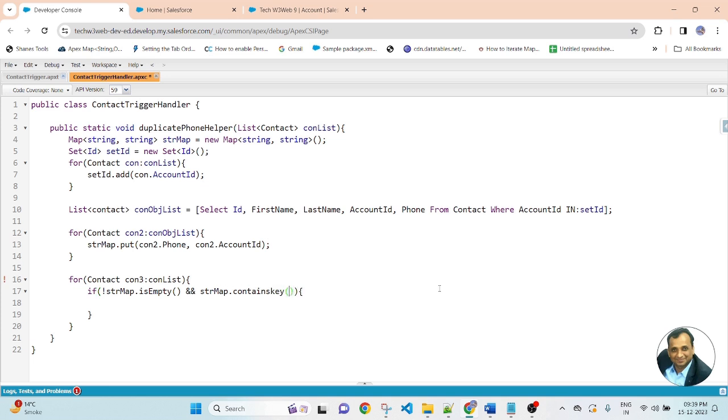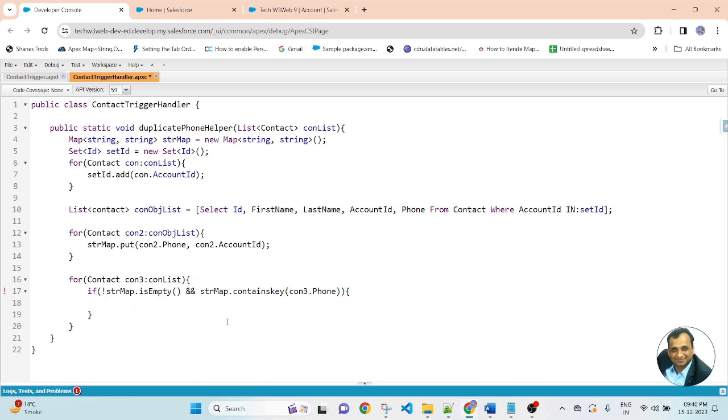Inside the brackets, we will pass the phone number of the contact. So here I am checking if the map is not empty and the map contains the contact's phone number, that is the newly created phone number.